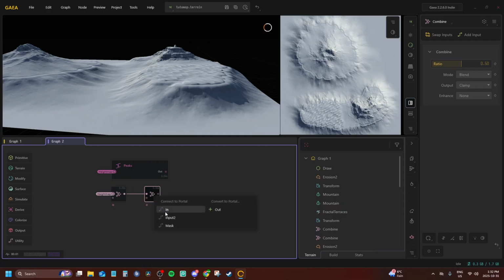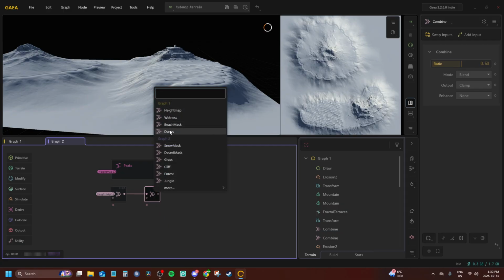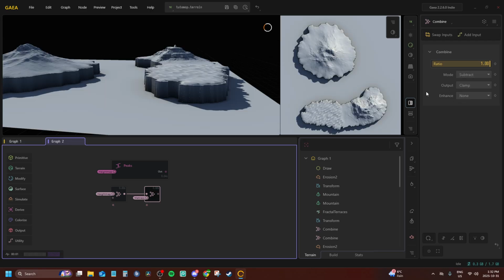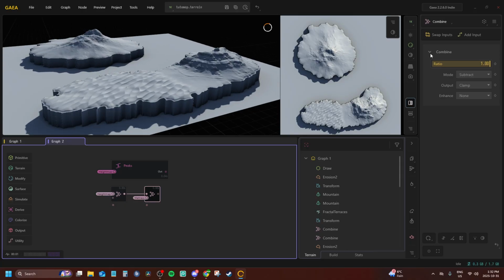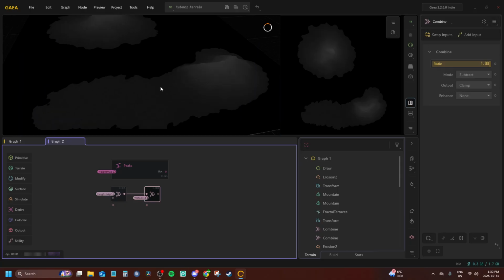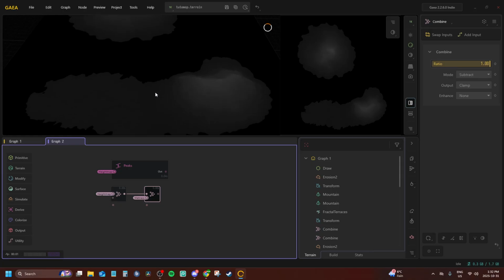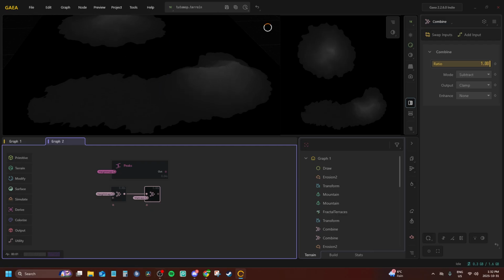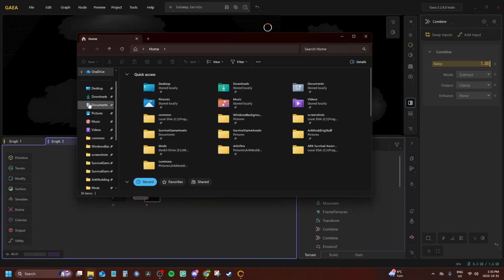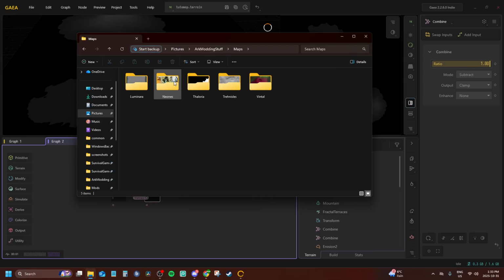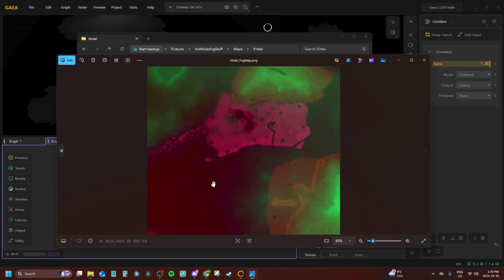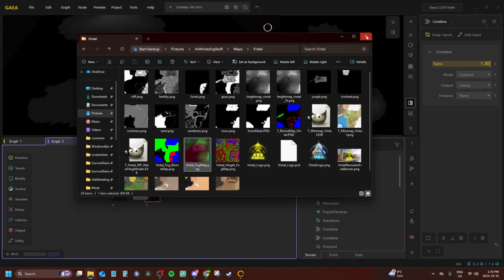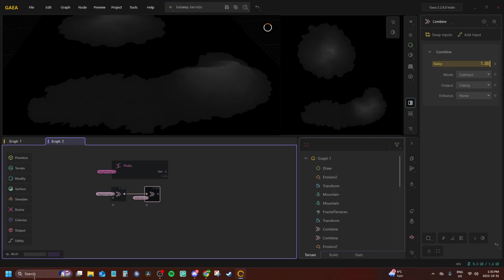combine, wetness. Do this, subtract. Yeah, now set this to a mask, and it should look like this. Yeah, like this, I think. Let me just check this again. And yeah, like that. Then from there, the next thing you do is